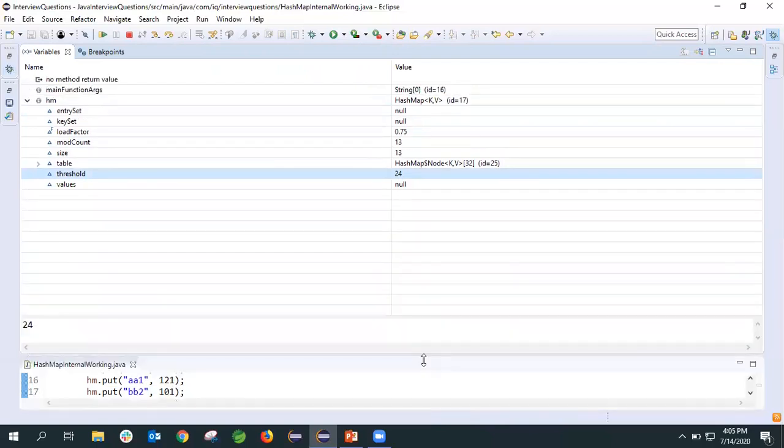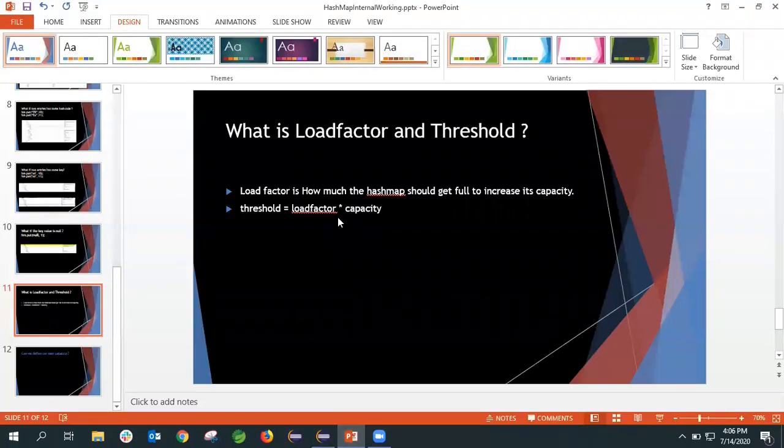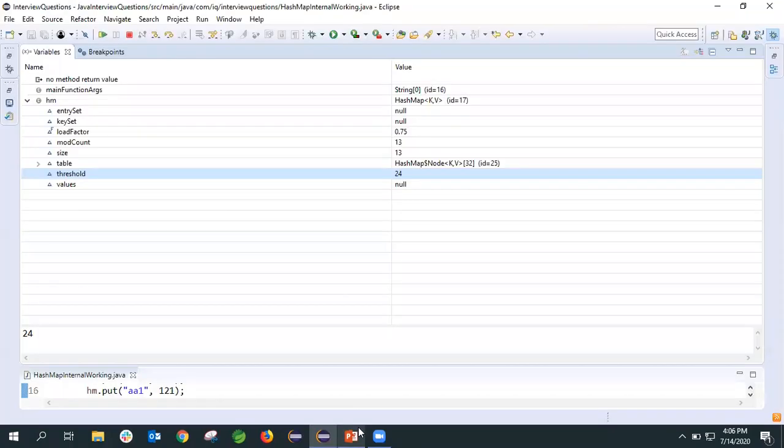So how did our threshold get increased? Same formula: threshold equals load factor into capacity. Load factor is 0.75 and what is the capacity we have? Okay, let's come back to this again, and then we'll see.